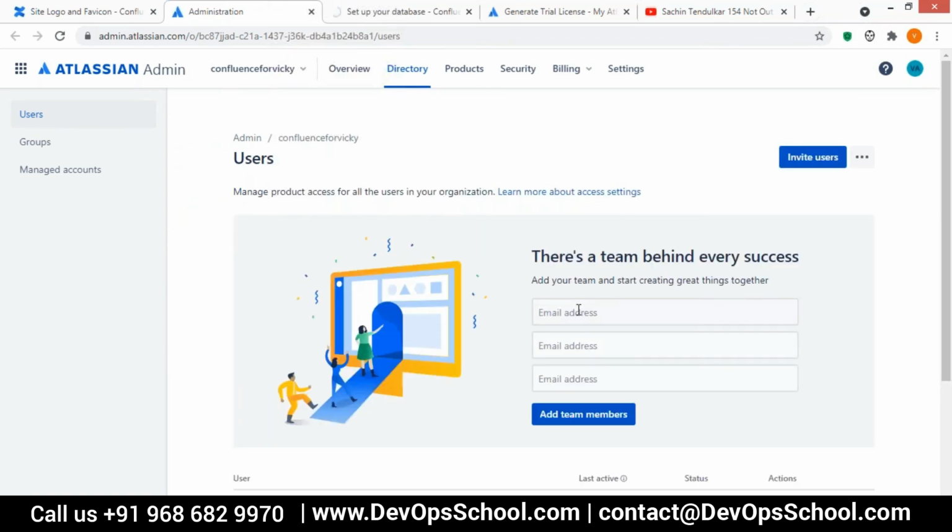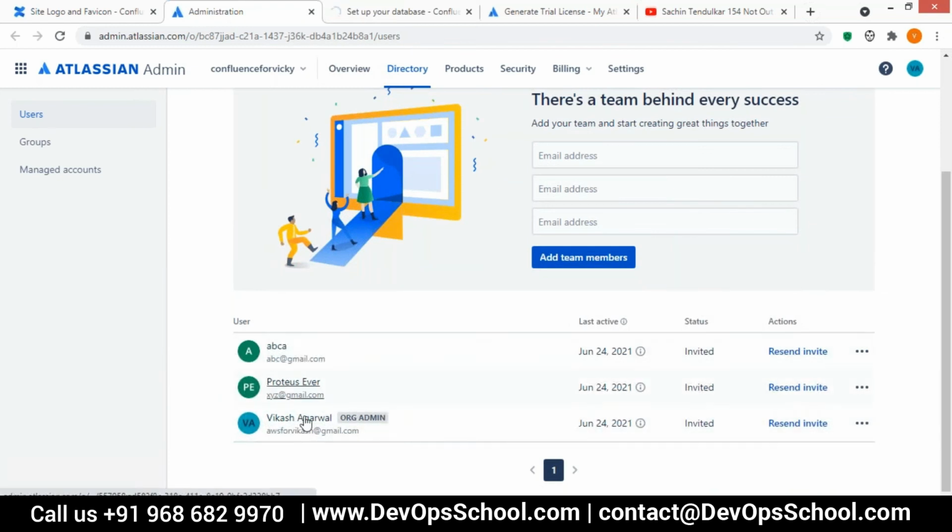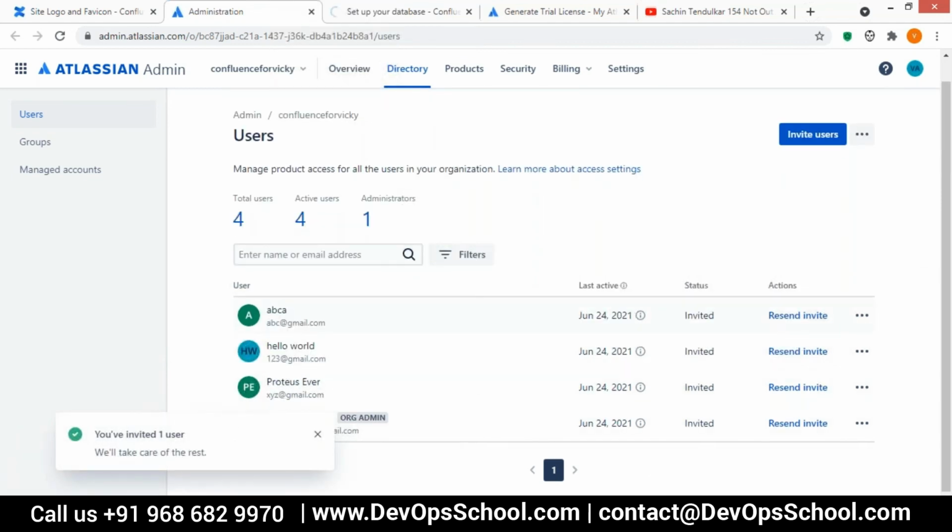So this is the page where you can add your users. By default, when you are doing the setup, we have added this XYZ and ABC, and this is the admin anyway. This is not validating your email ID. There is no handshake between the email ID that you are entering or the user you are entering. So for testing, we can enter anything. So add the team member. Yeah, so this has been added to your system. Okay, so these are a bit about the admin things.